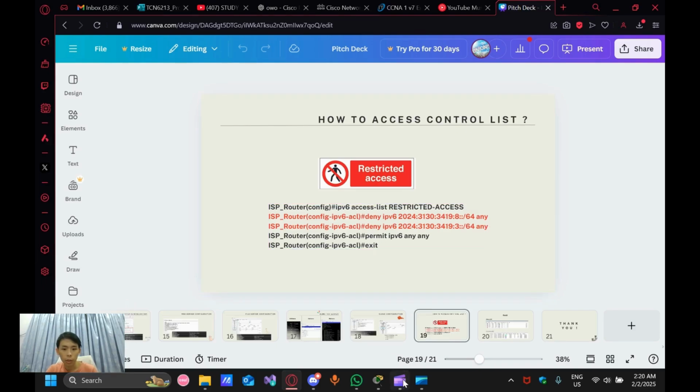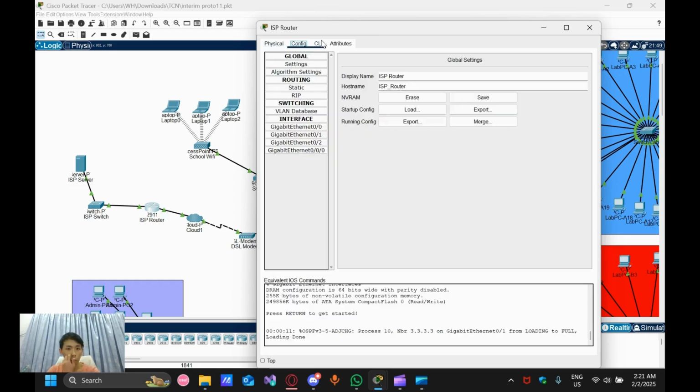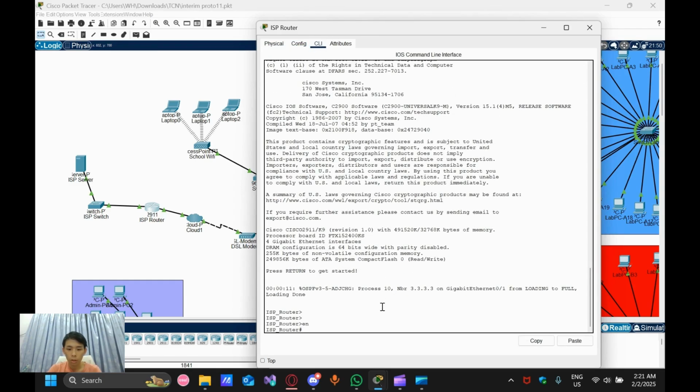Okay, after knowing these commands, now we need to pick where to configure it. So on first glance, the only way to go to the ISP server would be to use this main router, DSL modem, cloud, ISP router, ISP switch, ISP server. So our group has chosen to do the commands in the ISP router instead of the main router to minimize the conflicts. So let's open the ISP router and we can use this command to show